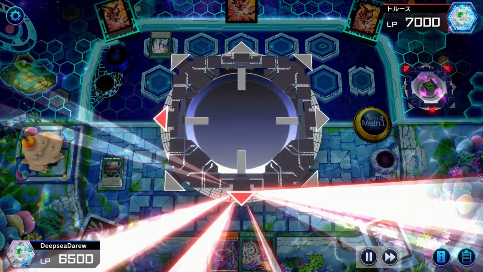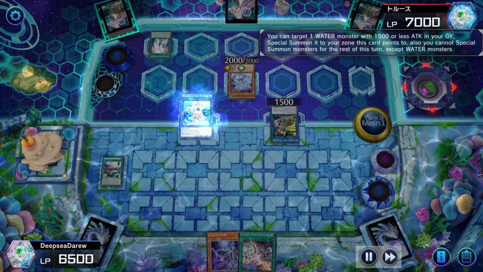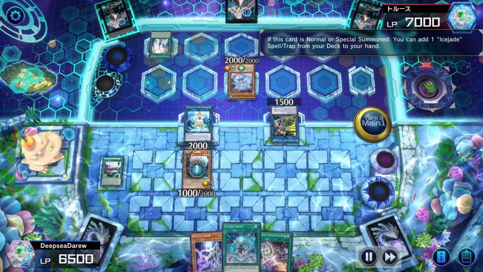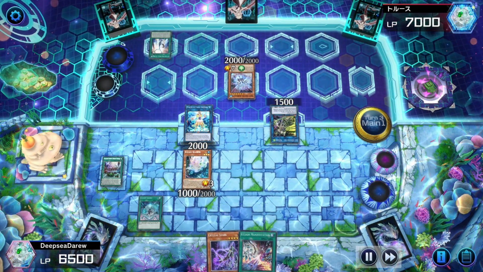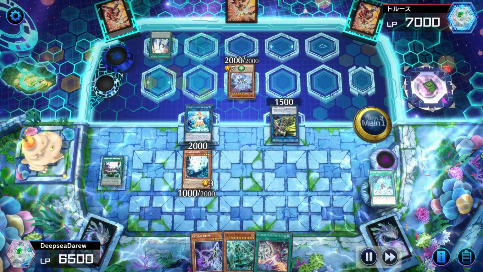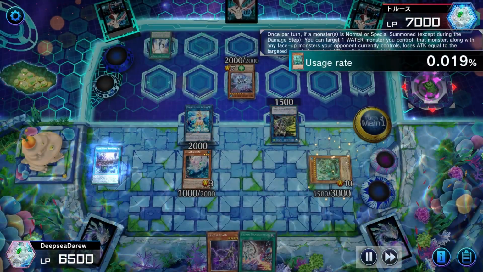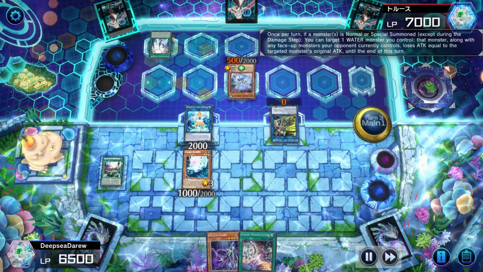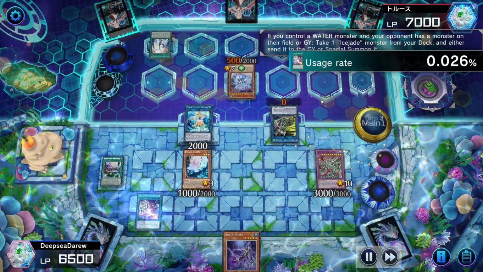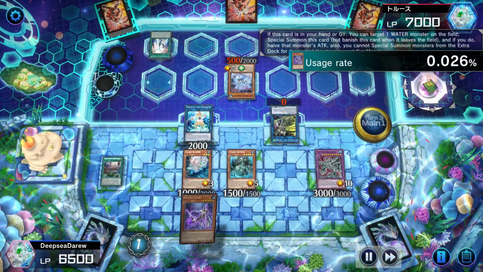Then we'll link into Marince's Coral Anemone. Use an enemy to bring back Baby Adrian, so we can activate its effect to add Icejade Cradle to the hand. We'll then add Cosmic Lore to the hand. Then we can special summon Cosmic Lore, so we can activate the field spell, and then tribute Cosmic Lore to summon Egyptian God Slime. Then we'll use Manifestation to summon Icejade Tremora from the deck, and then use Crystal Shark,